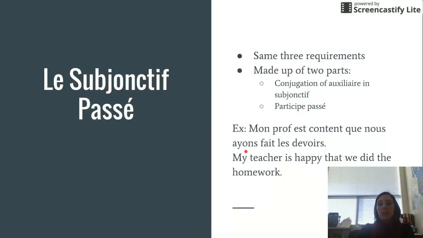You'll see for the subjonctif passé conjugation, we have the conjugation of the auxiliaire. Remember, we can have two different auxiliaires. One would be avoir, and the other would be être. The reason why we used avoir here is because faire is not a Van der Tramp verb. Van der Tramp verbs are the only verbs that will use être as the auxiliaire in any of our tenses. And you'll see my teacher is happy that we did the homework. We did the homework, that's in the past because we're using